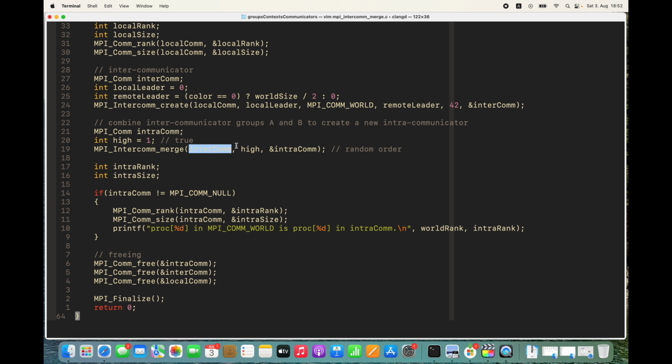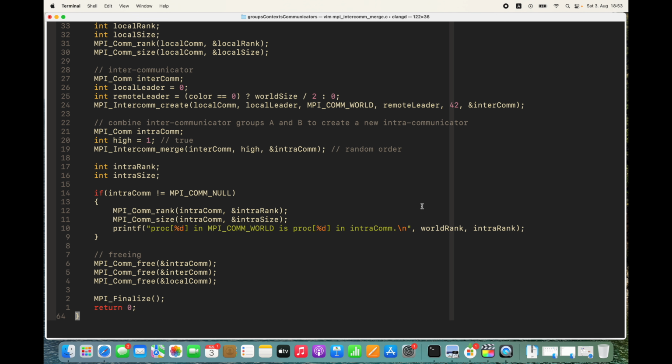You pass in your inter-communicator, you pass in the value high. Here all the processes are providing the value of true or 1. So this means that the order of processes in the resulting intra-communicator is going to be arbitrary. And then we put an if here that if it's not null, then you're going to print some